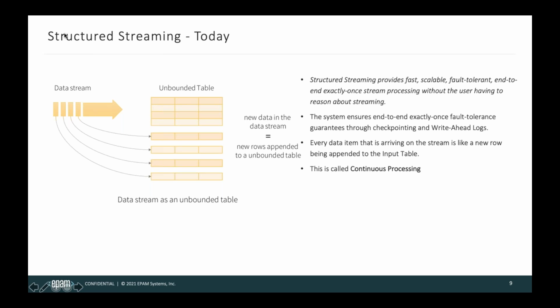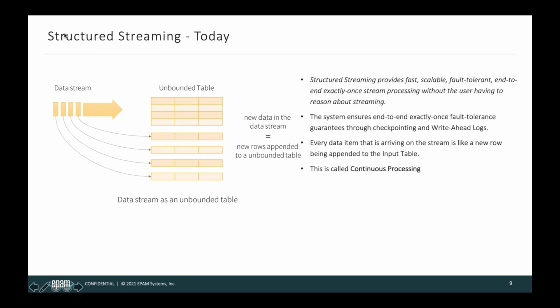Whenever Spark gets new data, it stores it in a location which is called an unbounded table. It could be in memory or it could be some other location, right? If we would like to have it as fast as possible, it will be in memory. And this system guarantees exactly once delivery. What does it mean? We got a message from some location and we should get this message only once, and we should deliver it to the target only one time.